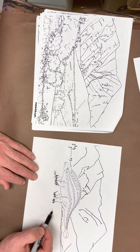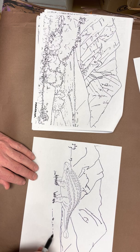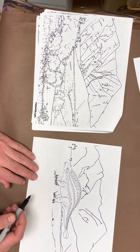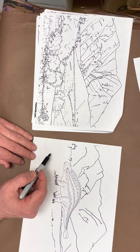And then maybe keeps going with a little bit of grass and the dot. As he goes away from us, it gets smaller. And little dots sometimes, right? What I'm not doing is just scribbling, right? And then